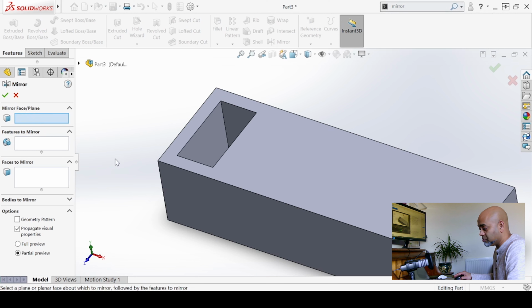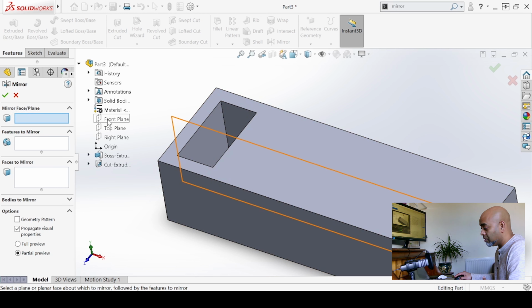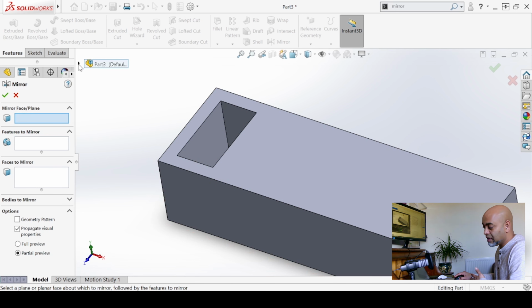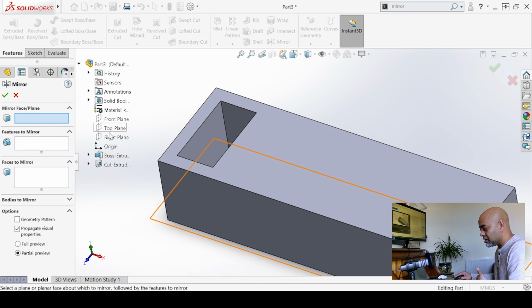Once you're in the mirror property manager, it is expecting you to select a mirror plane. Now I don't have one because I switched off my planes. It's not really a problem. You can actually, before going into mirror, switch them on, or you can go into that little chevron and say, I'm going to specify. That chevron will always be there. We don't notice it is there, but it is there. I can go in there and say from the tree, actually my right plane is the mirror. I want to use that as a mirror, and anything that's